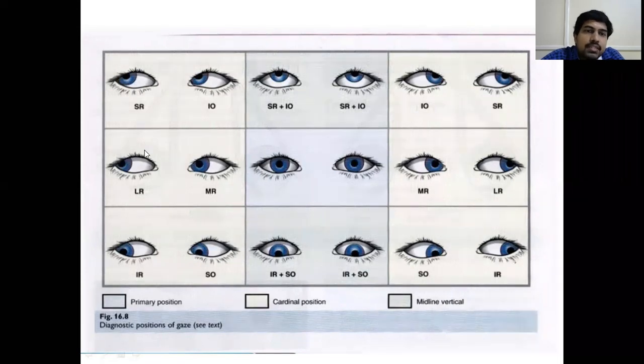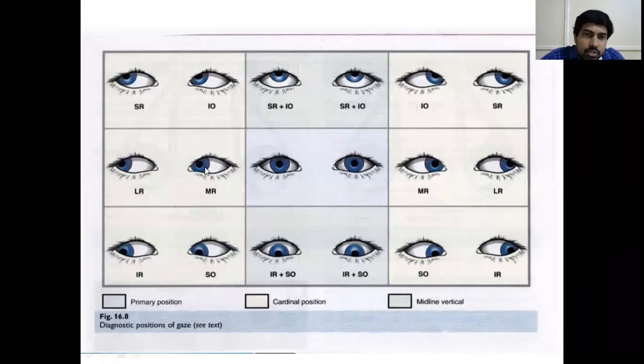In dextroversion, both eyes are looking towards the right side. In the right eye, the muscle functioning is the lateral rectus. In the left eye, the muscle contracting is the medial rectus. Suppose there is some paralysis of the lateral rectus in the right eye. Suppose the patient has some neurological disease or a cerebral brainstem infarct, and on dextroversion, the right eye is not totally rotating towards the right side. That means there is a paralysis of the lateral rectus muscle of the right eye.